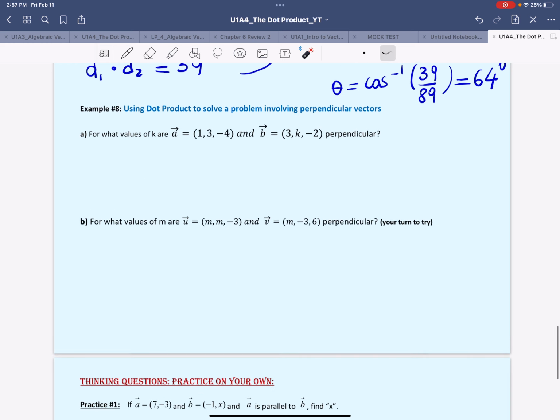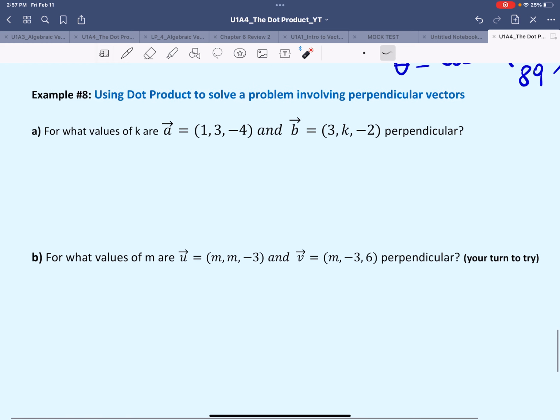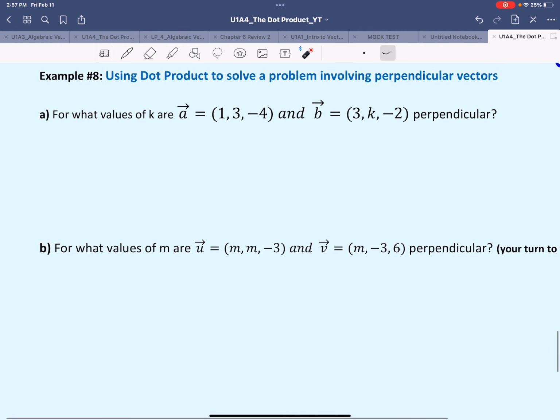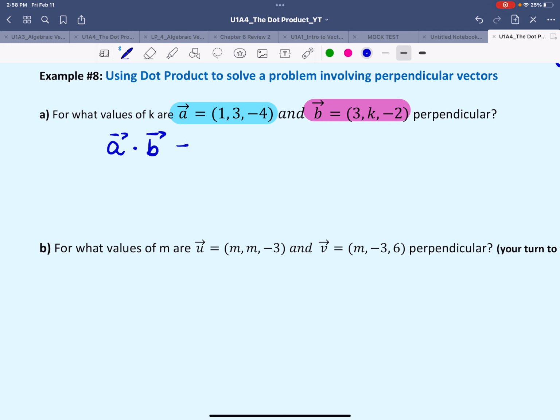The last example. We're going to use the dot product to solve a problem involving perpendicular vectors. We are given two vectors, called A and B. As you can see, for A, we have all three coordinates. For B, we are missing the coordinate K, which is the Y. We're told that the two vectors are perpendicular, so we want to figure out what K value will make sure that they are perpendicular. So if they're perpendicular, then A dot B